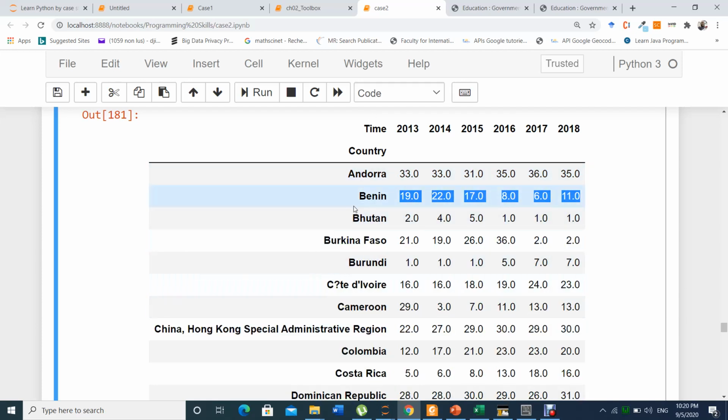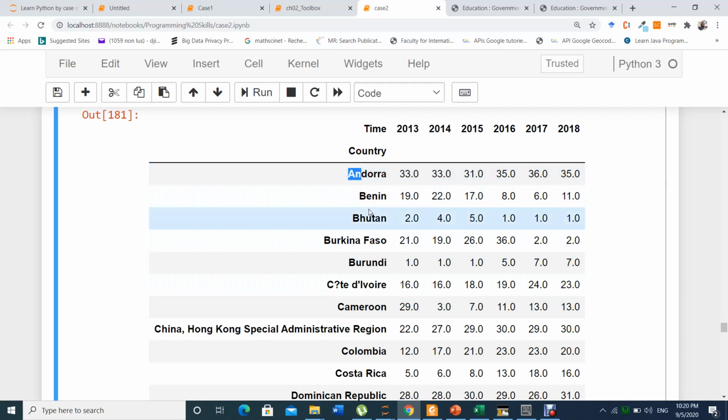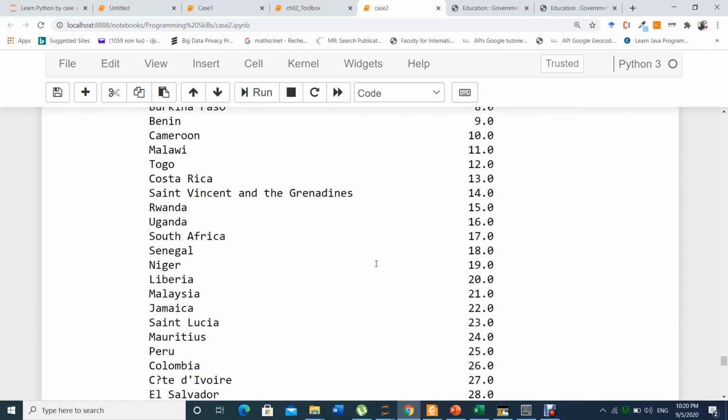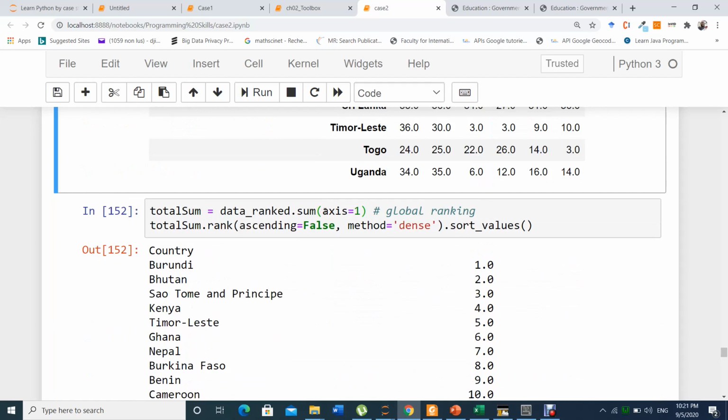But when you say axis 0, you do this plus this plus this, but you don't need this name, this is not valid. This is why you put axis 1, so that it will know that you do the summation based on the column values, not based on the rows.